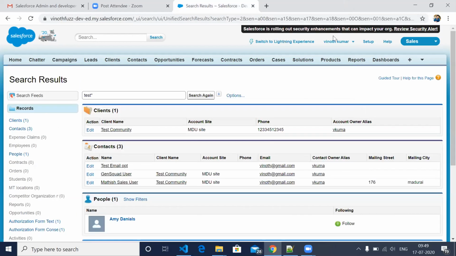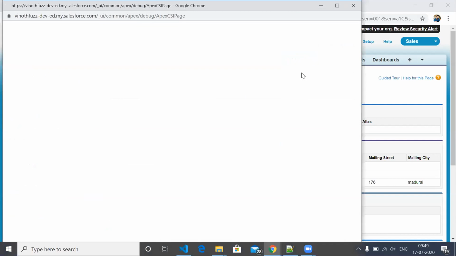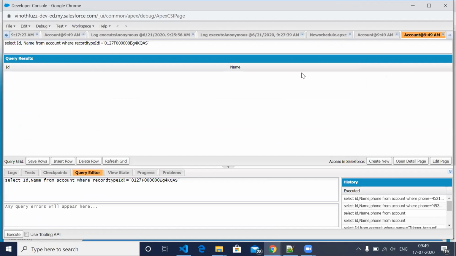Okay, so this is called the developer console. If you click on this, you will see another screen opened. So if you can remember in C or C++ programming, or whichever coding you did, where did you type the things?